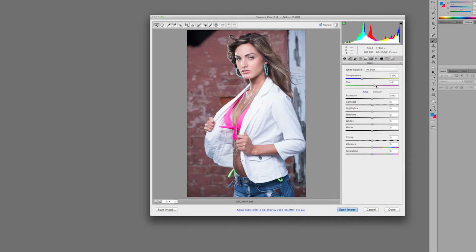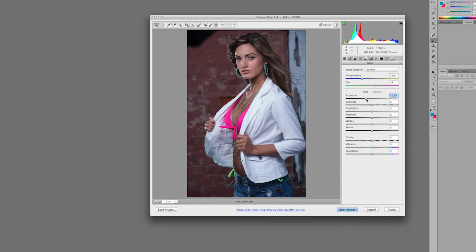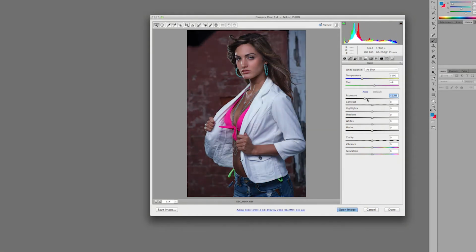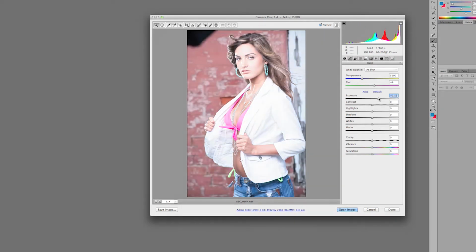You'll notice that this exposure basically is exactly what it says. It increases the exposure of the image. So if you've underexposed or overexposed, you can modify that right here. You'll also notice as the exposure shifts, your histogram shifts. So you're able to see how spread out the histogram or information of the image is as you're processing it. So if your highlights are overexposed, you'll see all this information pushed against the right wall, which is